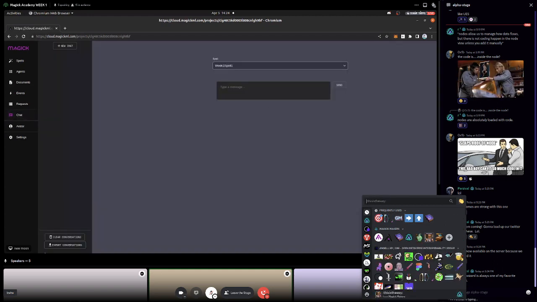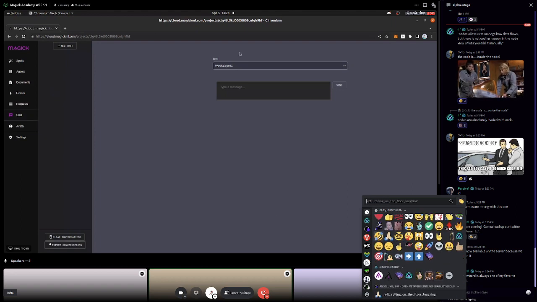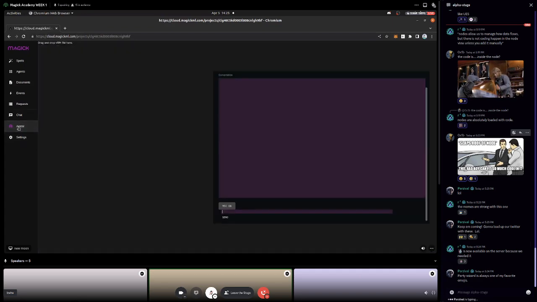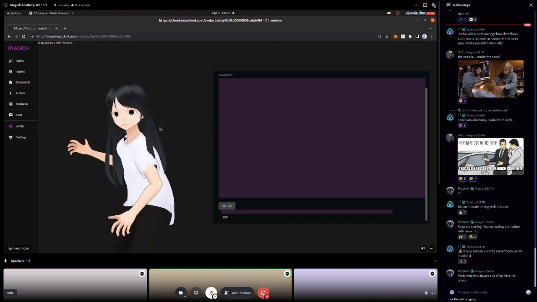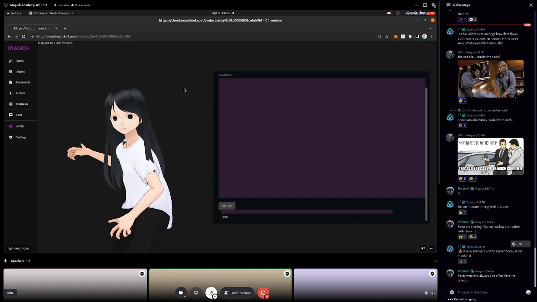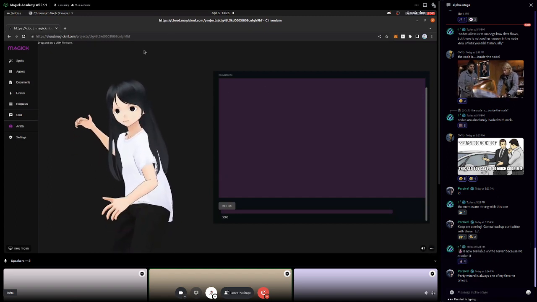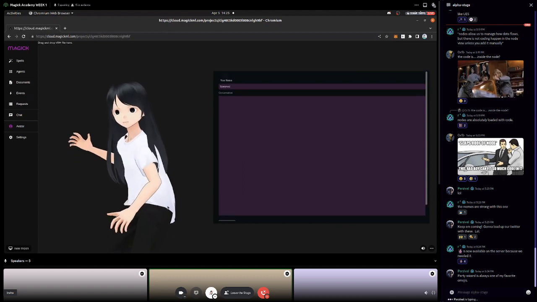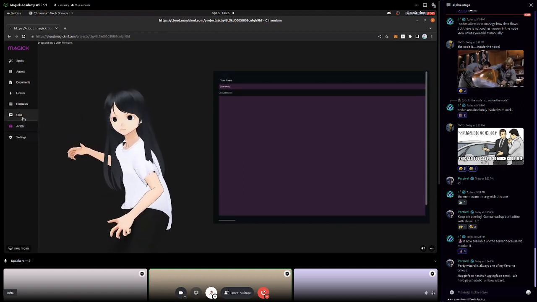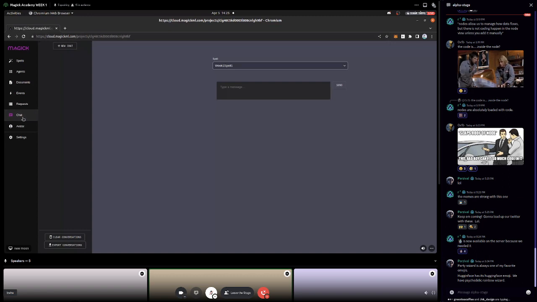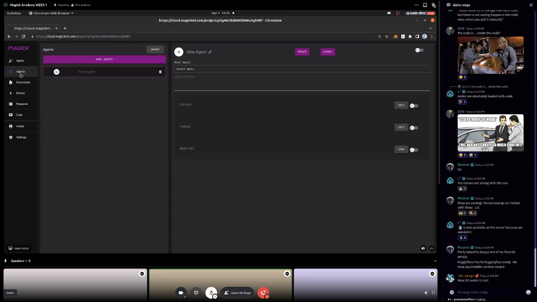We have a full ChatGPT style window where you can use and access any of your spells. Basically, you have ChatGPT, but with your own custom spells. And we also have a full avatar window. There should be an avatar here. There should be a character here. This is being worked on right now. There you go. You'll be able to drag and drop your own VRM characters into here and give them personality and converse with them. Same, you'll be able to select the spell. This is the next thing coming. So 3D avatar chat, 2D ChatGPT style chat, spells, agents.